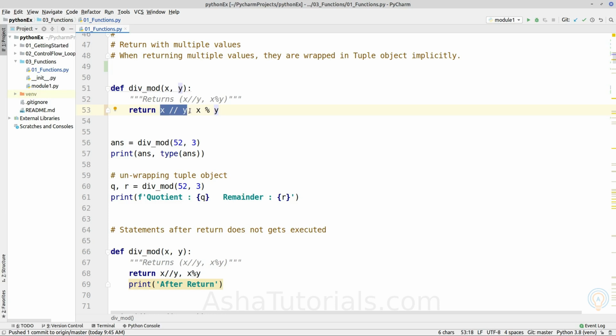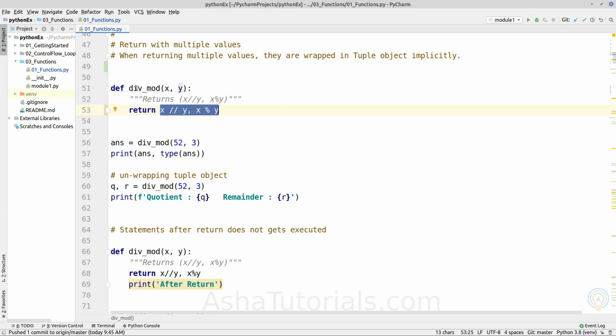So ultimately it returns only a single object. In other languages such as Java and C, you cannot return multiple objects. You need to wrap them inside a single object. Okay, but in Python this is done implicitly. If you are returning multiple objects in a return statement, it will wrap them inside a tuple object.